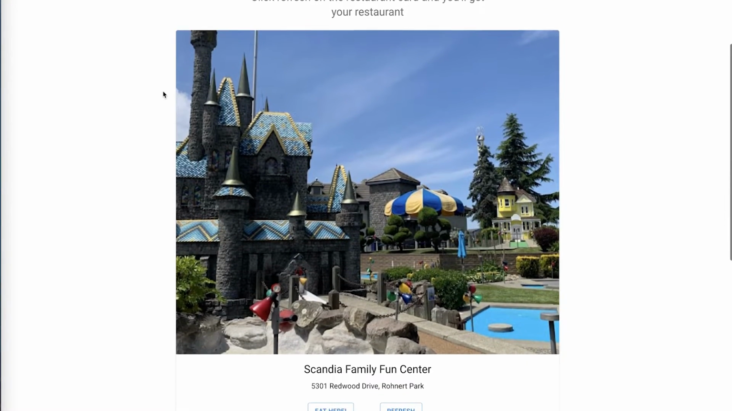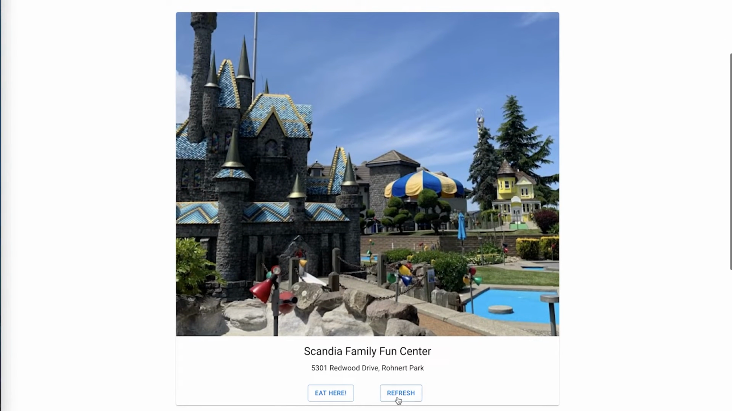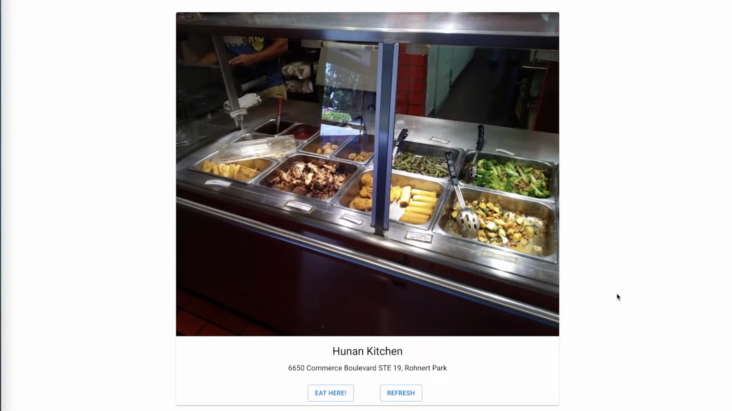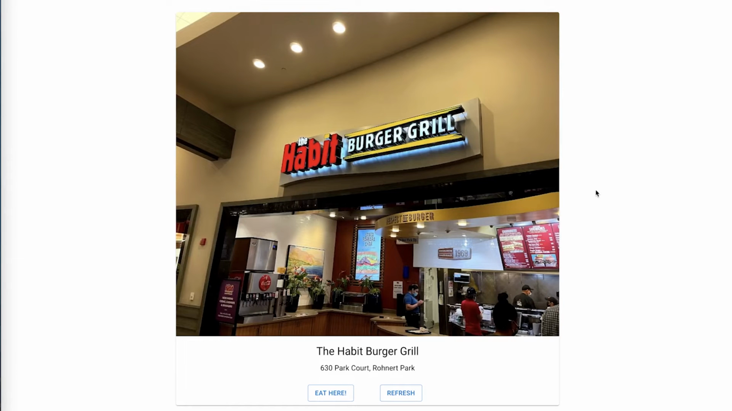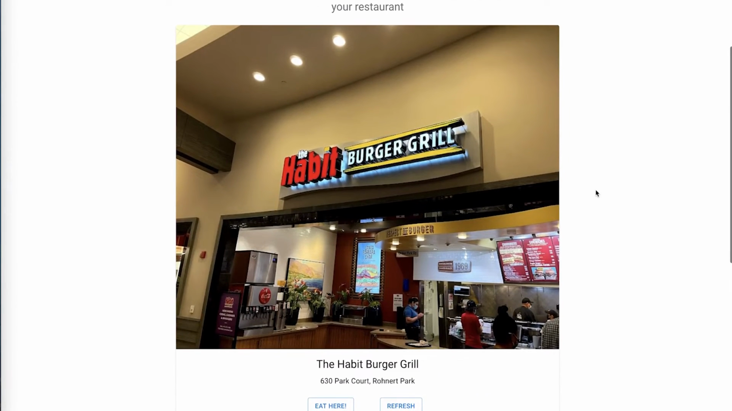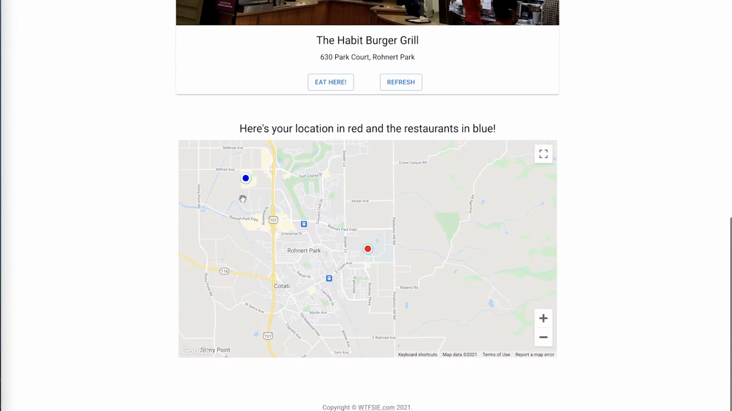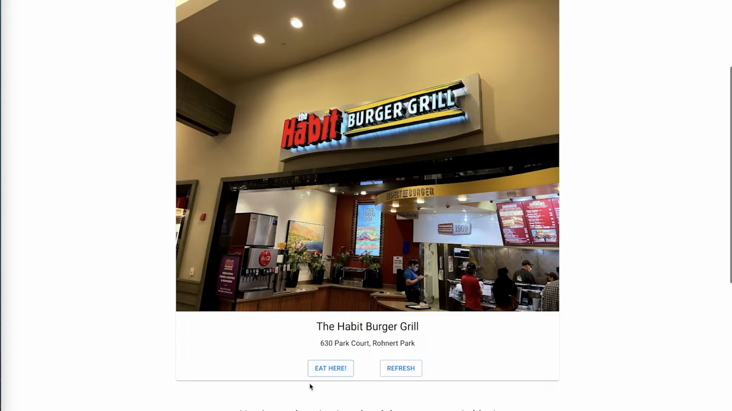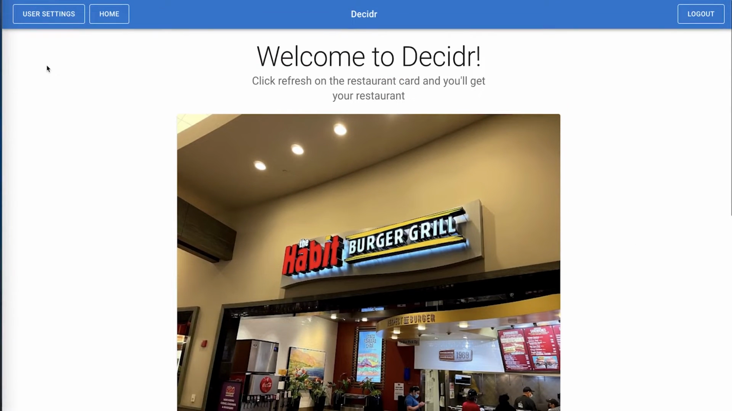Alright, so it picked a place, and I don't think I like this place, so I'm going to hit refresh. Don't think I like this one either. Alright, so this looks good for me. So you can see it down here on the map. And then I'm going to click Eat Here. Also now, if I go to the user settings tab,